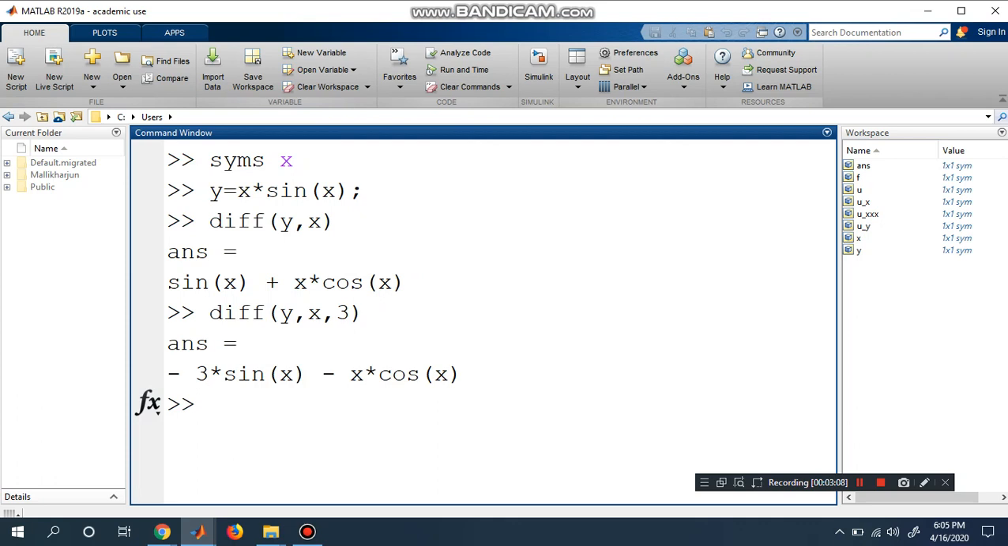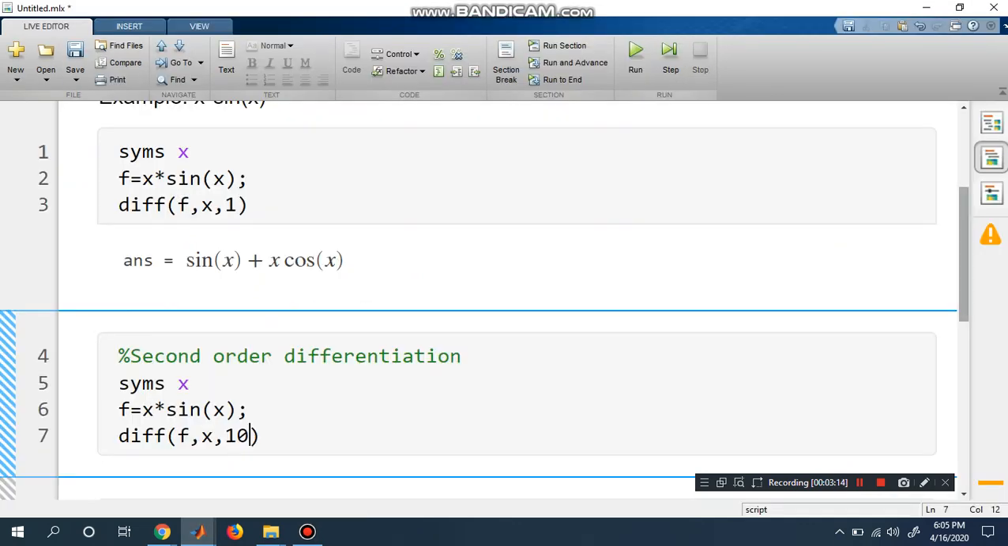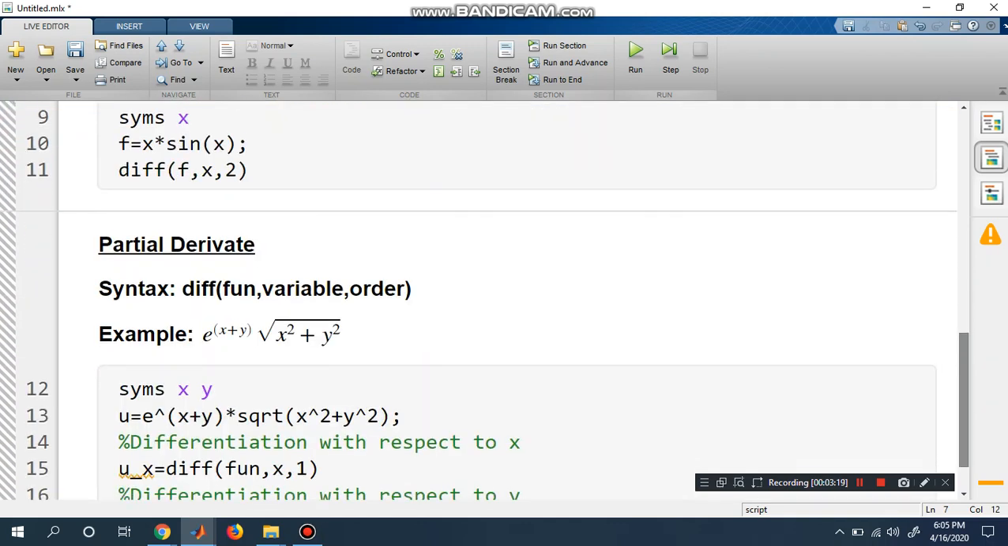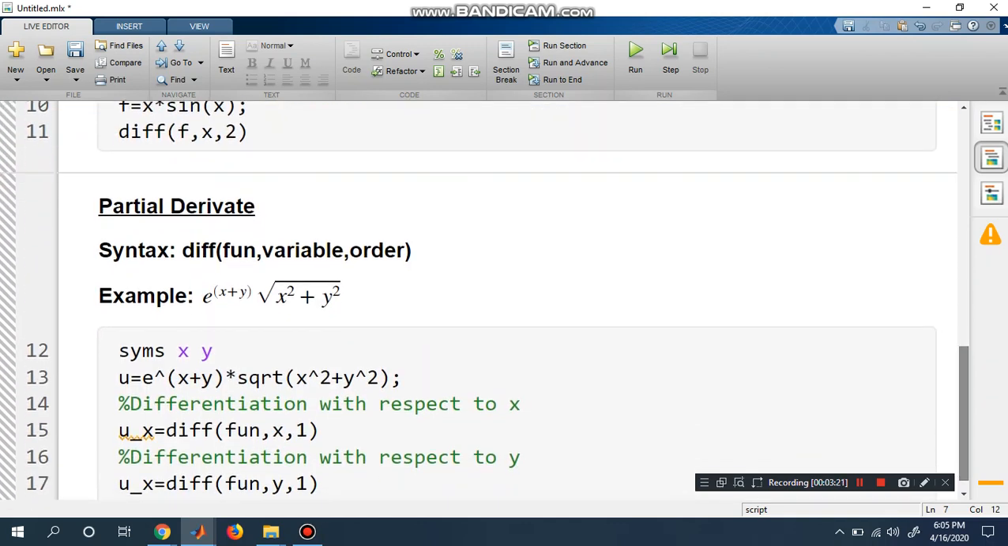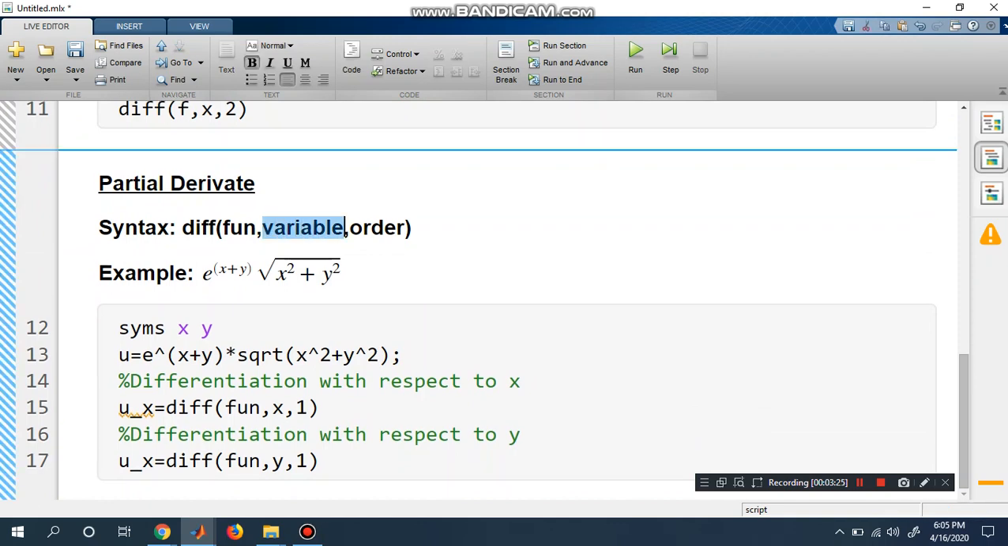Let us see how to find partial derivatives. So let us see here. What is the syntax for the partial derivative? The syntax is almost similar, only what changes is the variable with respect to which you would like to differentiate. Let us take one example, e power x plus y into square root of x square plus y square. Here the function is in terms of two independent variables, so that's why I am defining x and